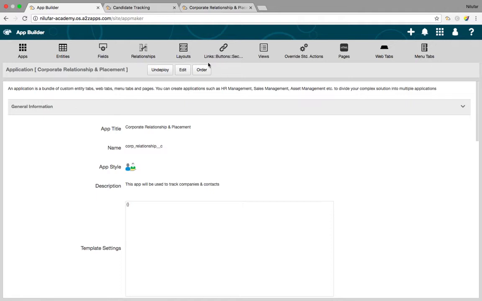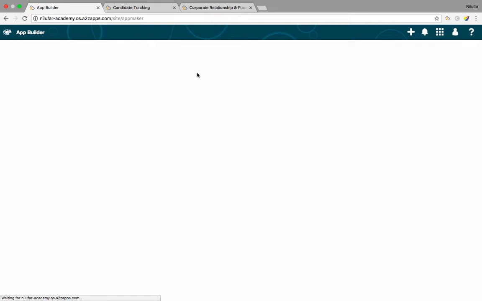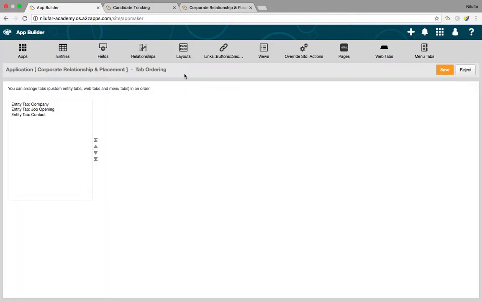Over here I can see a button called order, so I'm just going to click on that and change the order. I want first company, then contact, then job opening. All right, let me save this.